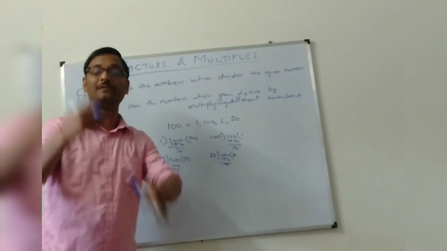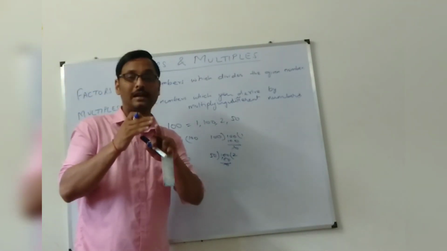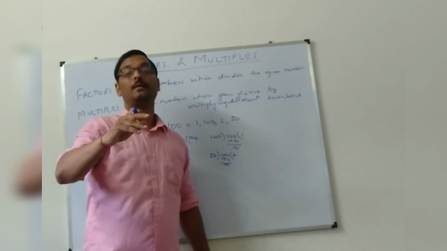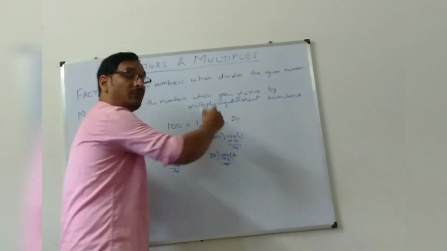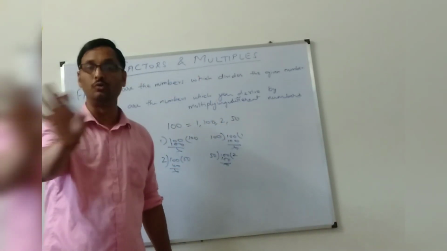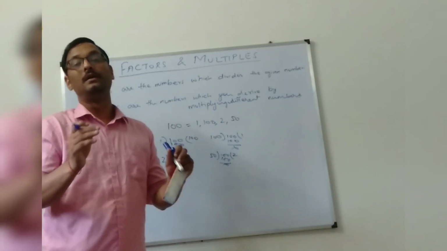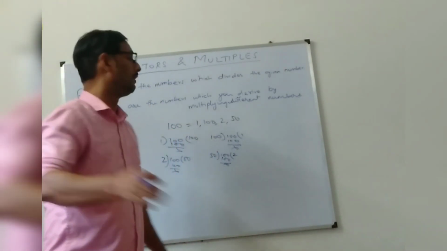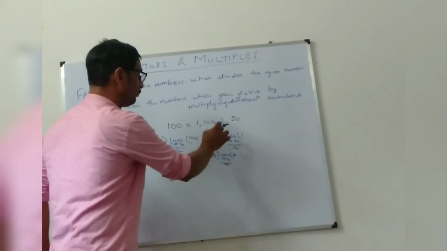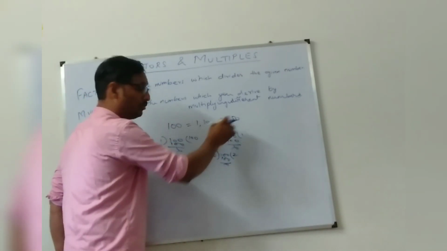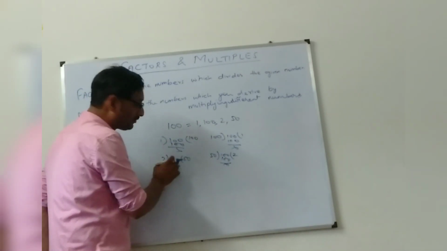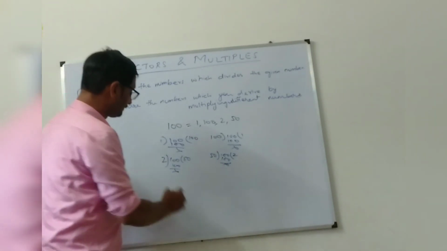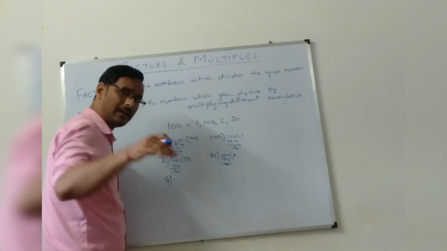Now again a borderline has been set up. Now your borderline is after 2 and before 50. You don't need to check after 50, because that borderline has been set up. If you do anything there, you will not get any answer. So in between 2 and 50 you have to check. If you divide 100 by 3, you will not get the answer. It is not divisible at all.